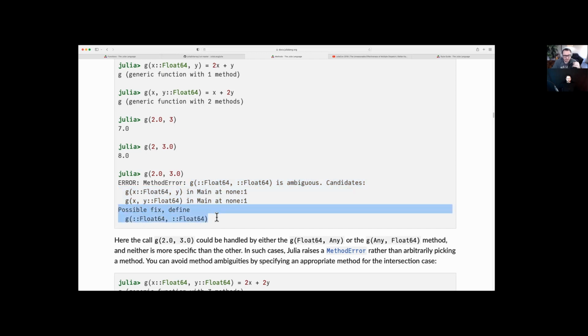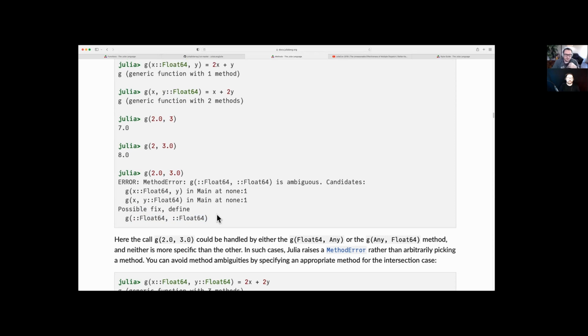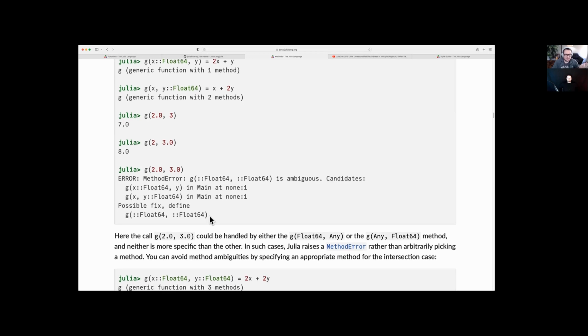And even gives you a possible fix. I love that. I love the possible fix. A possible fix would be to define a method that specifies what to do precisely when both arguments are floats. So if you're designing a function that has a whole bunch of methods and is taking advantage of that multiple dispatch, you need to be careful of ensuring that none of this ambiguity can occur, so that your users don't find themselves in a position where they can't use the function the way they need to because the right method